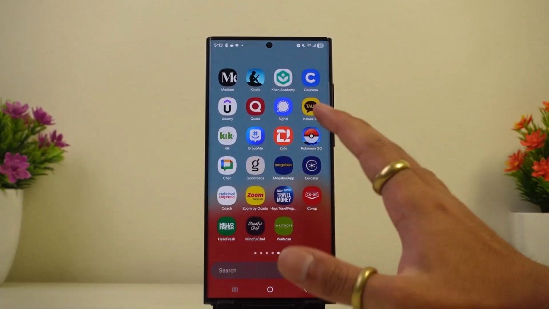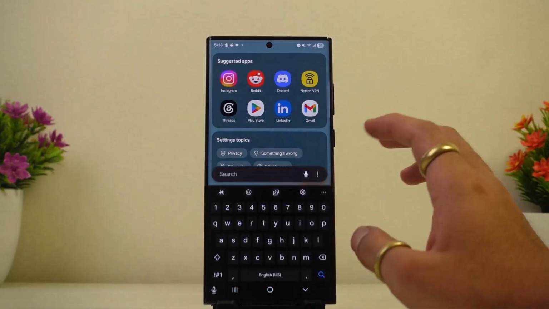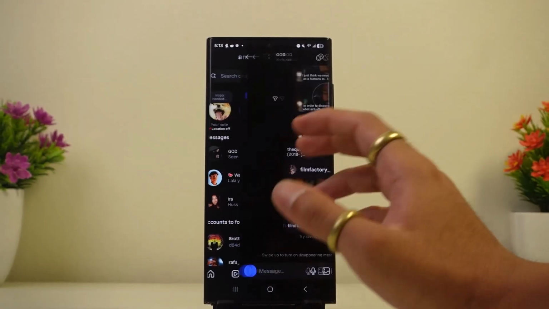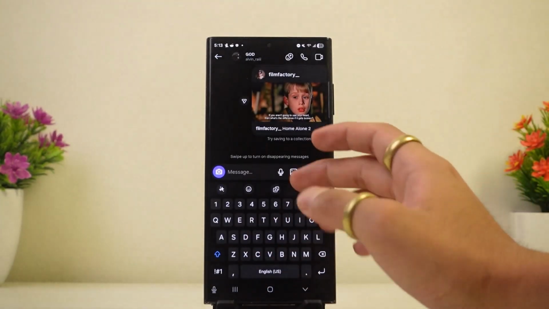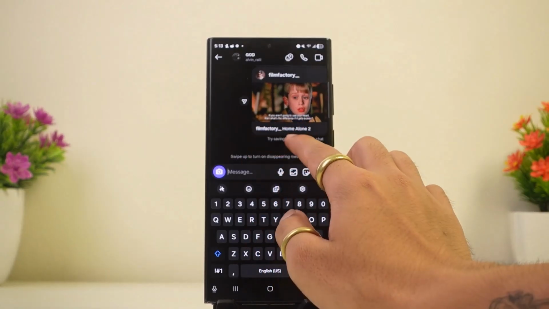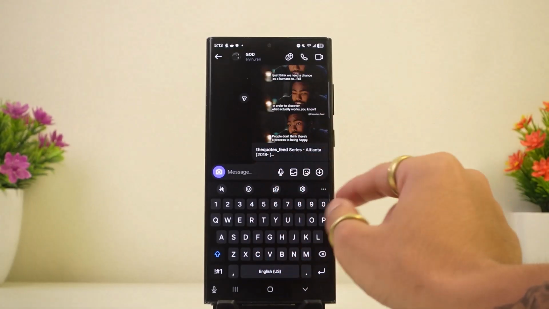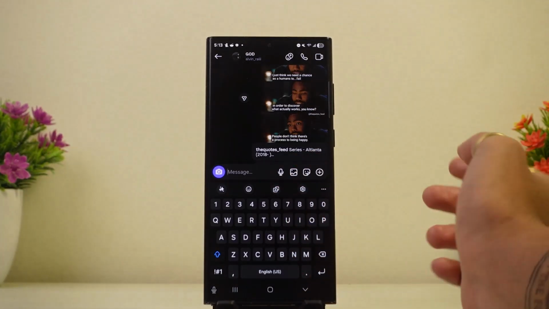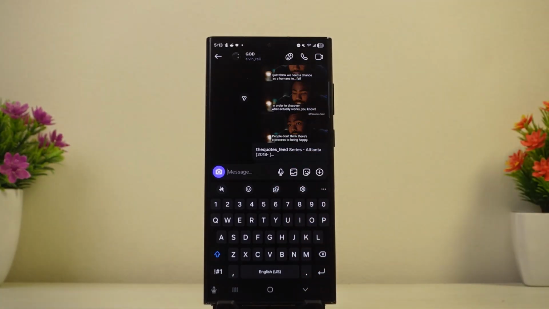Now once you enable this, all you have to do is open any of these applications or messaging applications, then head to your conversation, simply tap on the message icon or the text box, then you should be able to find that suggested option right above this keyboard. Now you simply have to tap on it to send it, and that is how you can use this feature,